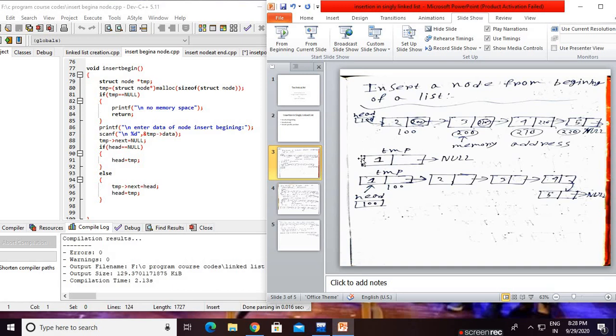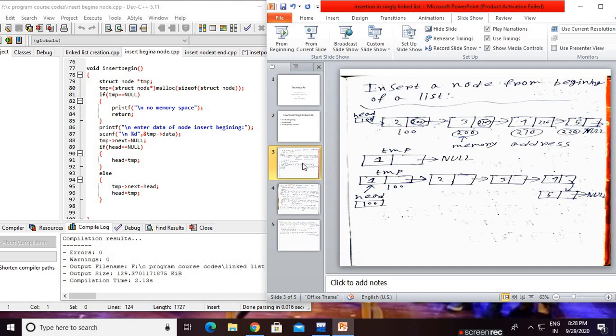So this becomes the first node. After that 2 comes, after that 3 comes, 4 comes, 5 comes. So this one becomes the first node, or is inserted at the beginning. So what do we do here? Check: if your temp node is created, check whether temp is null. Obviously the condition is false because we have allocated some memory, so temp is obviously not null. Condition is false. We enter the data.